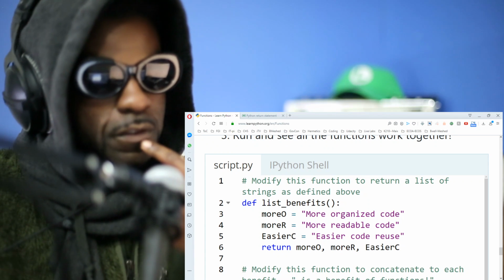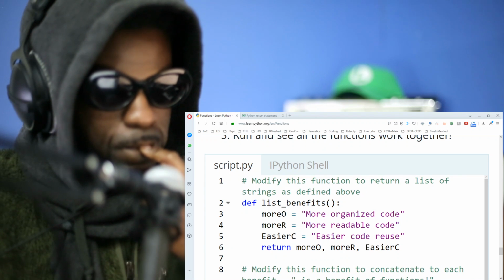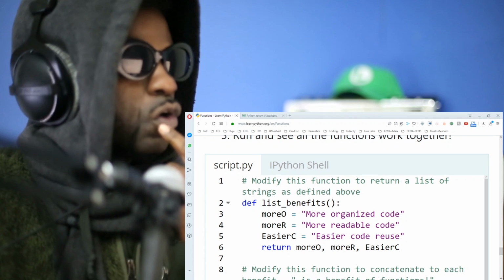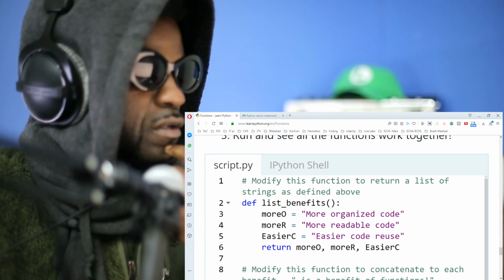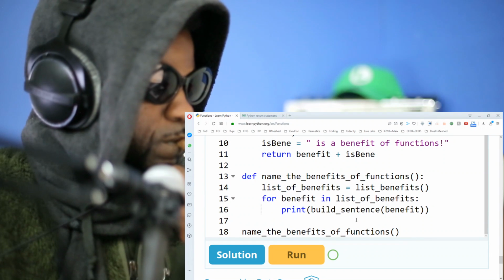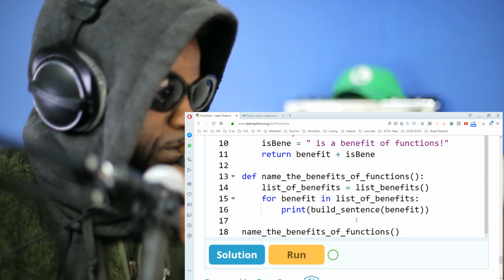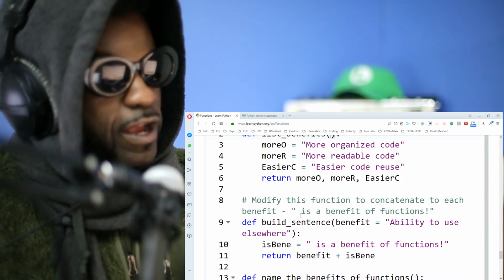It's supposed to be a list of strings. Okay, we good. So list of benefits is gonna have three